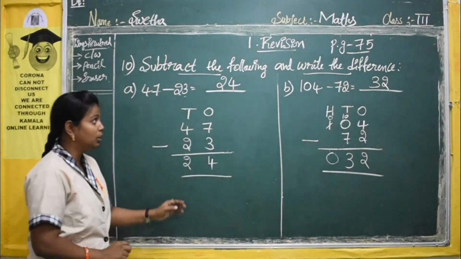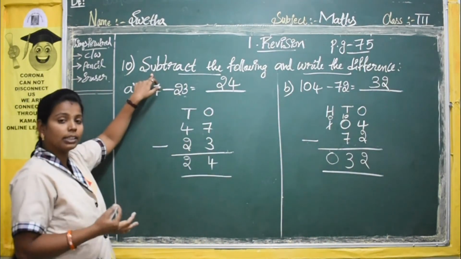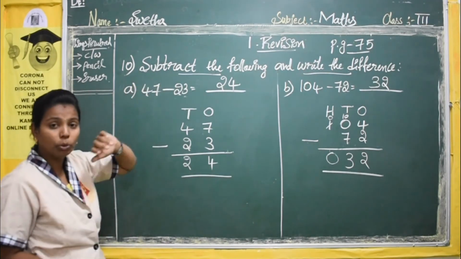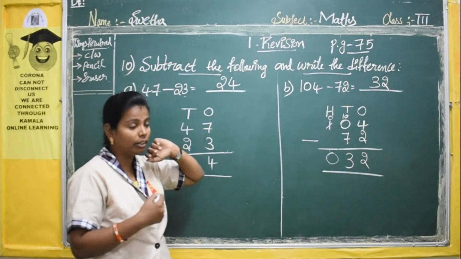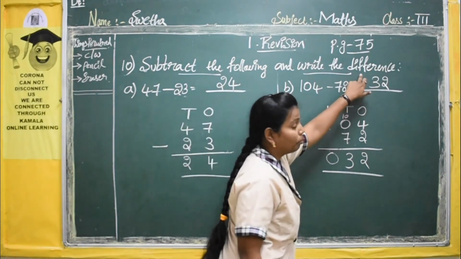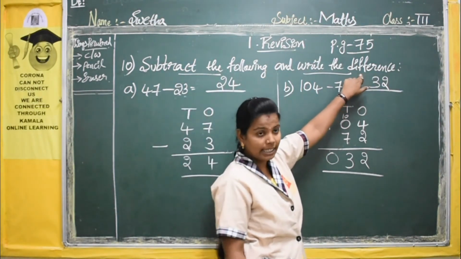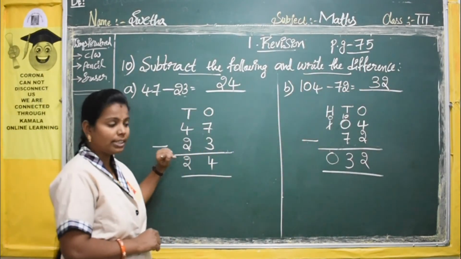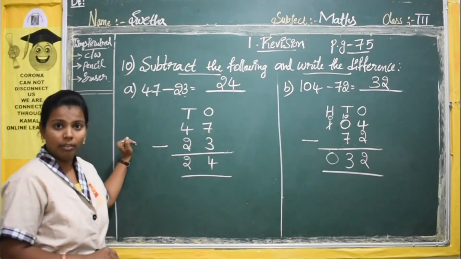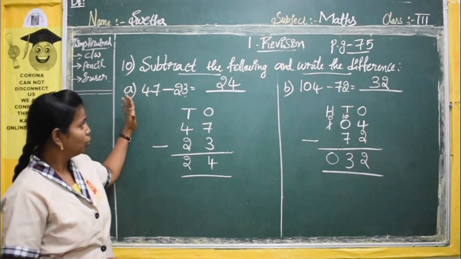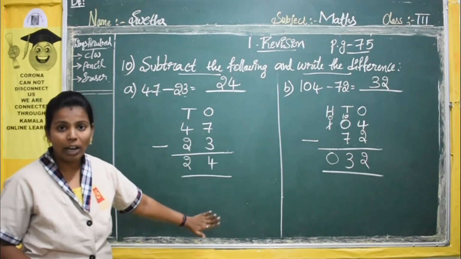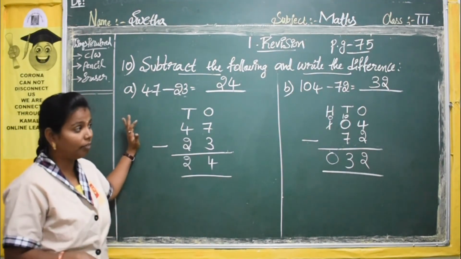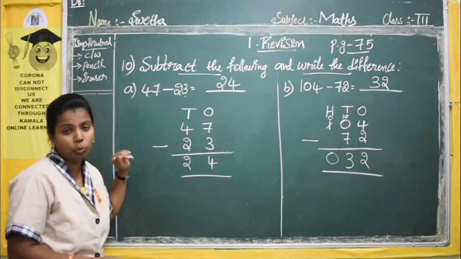Okay, remember these words. Till now, in your first class and second class, you have used the words addition and subtraction. Now you have come into your third class, no? So you will use the word sum for addition and difference for subtraction. Okay, remember those words and do the method here. Okay, so I hope everybody has understood these two problems. Don't think that the teacher has done only 2 problems, so we have to do only 2.